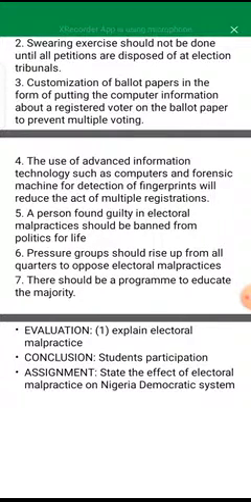Now here is an assignment. You are to state the effects of electoral malpractice in the Nigerian democratic system. Last week I gave assignments and I did not get any feedback from you people. These questions are past questions from the junior WAEC, previous years from the junior WAEC. So you have to treat it as very important and get used to the questions.